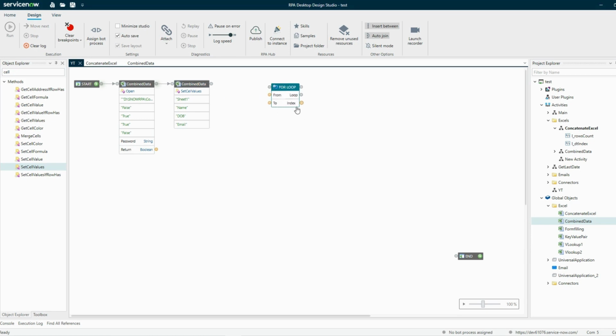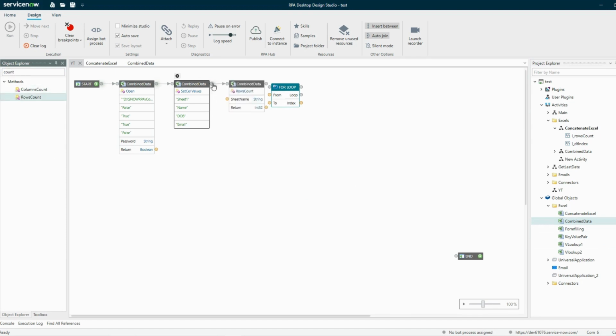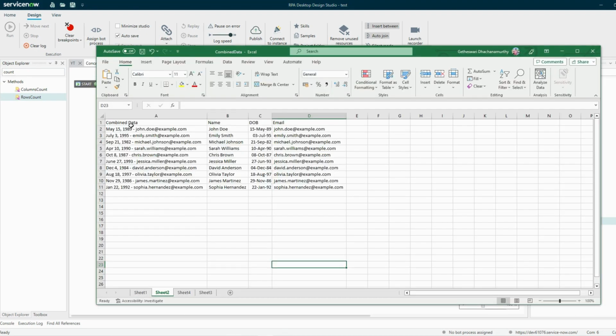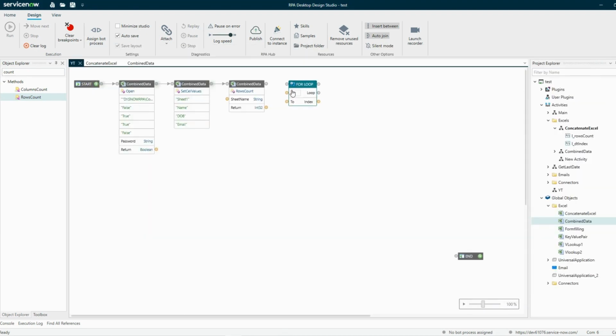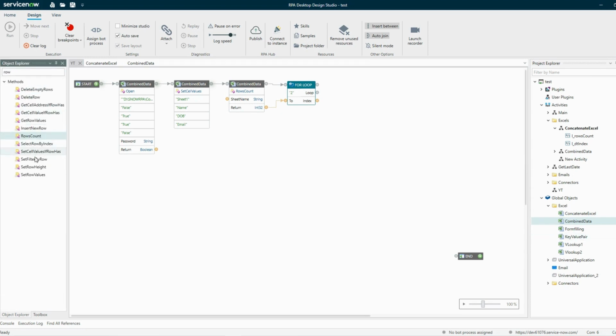In order to provide the index to the for loop, we should know the rows count from an Excel, right? So I'm going to use the rows count activity, and the index always starts from 2, as we have the first header, so I'm going to start the index from 2, and then for the end you can pass the value from the row count. The next task is to get the values from column A, for which we can use the row values. So I'm going to use get row values,